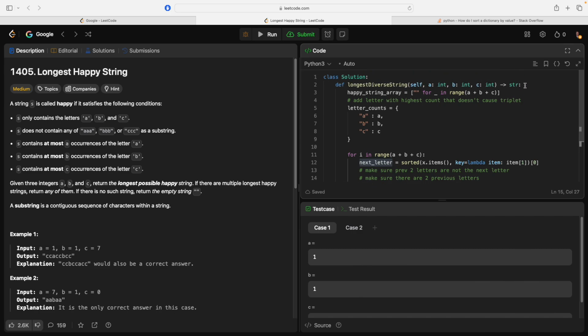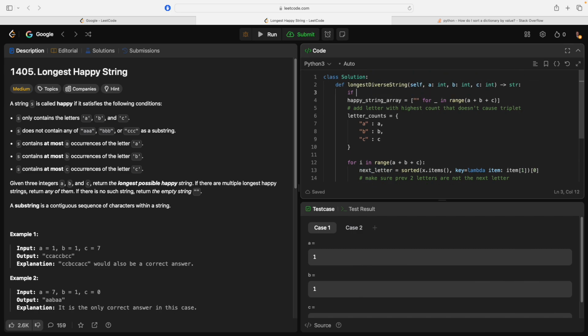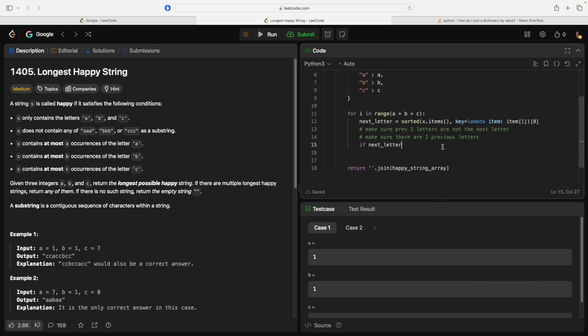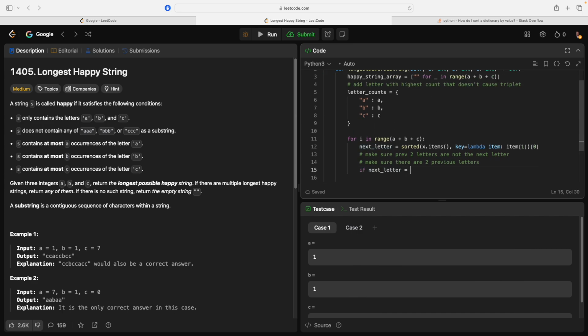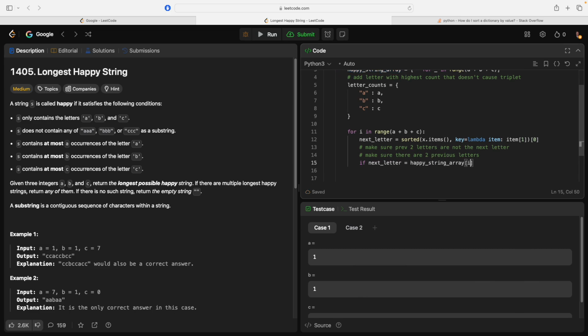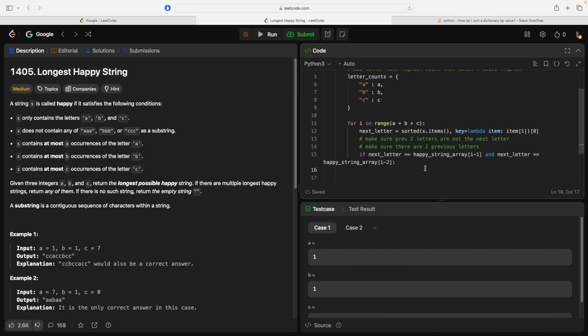So we can just say, if next letter equals happy string array I minus 1, and it equals I minus 2, then that means